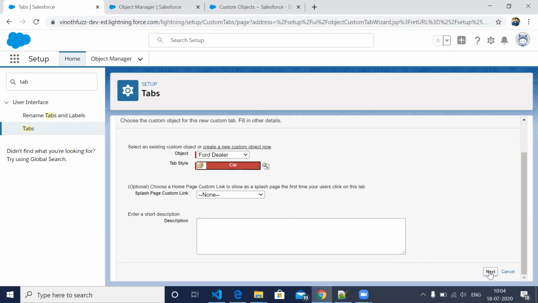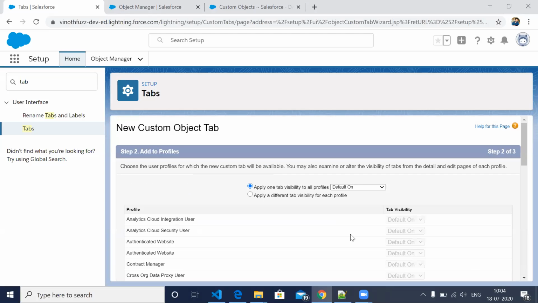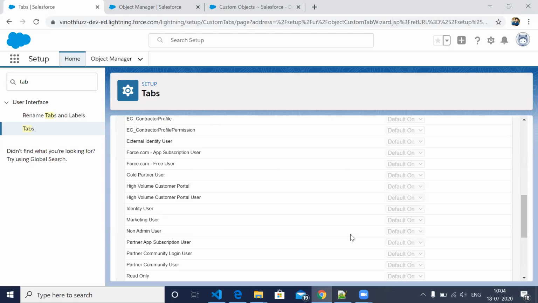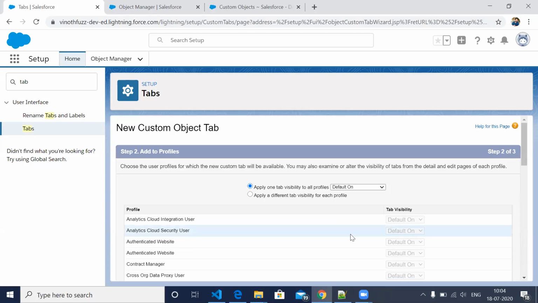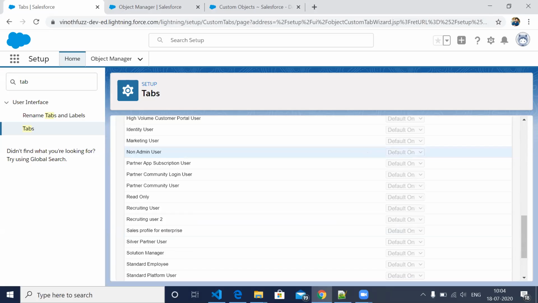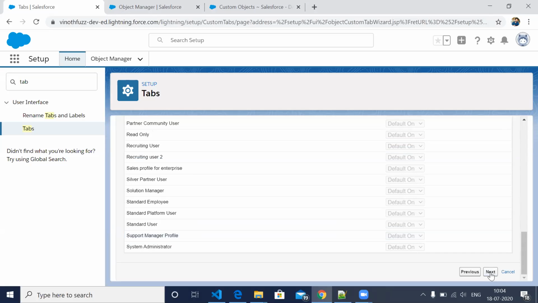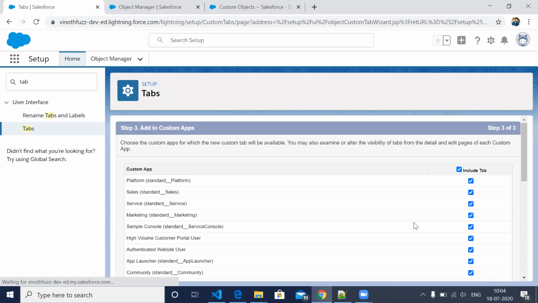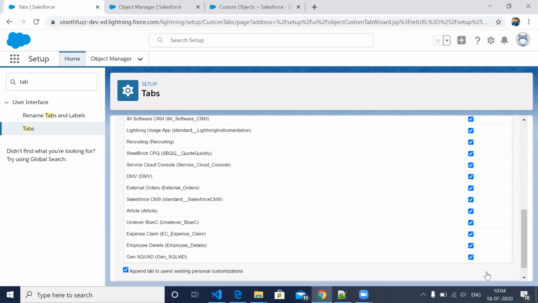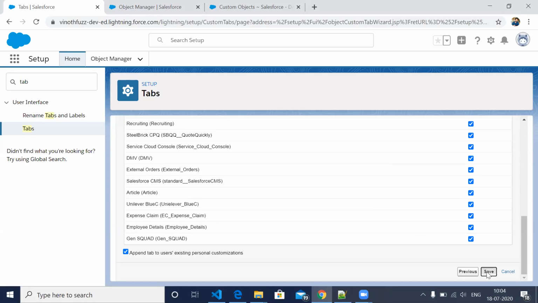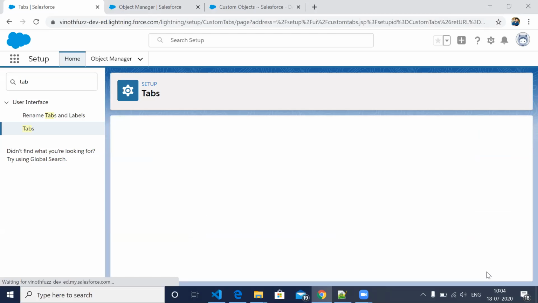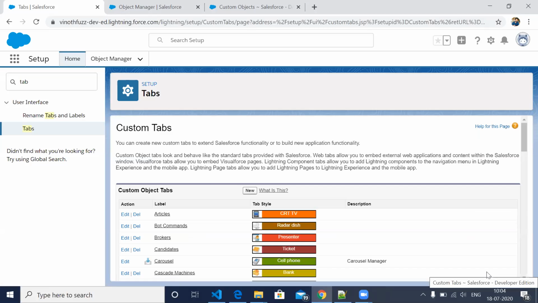Next. Here again it will ask for whom it needs to be available. As of now, you give it to everyone, and click on save. Now that tab is ready.